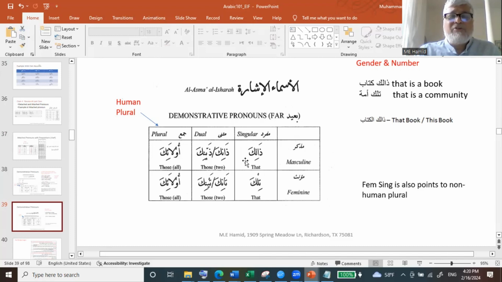So even to write a simple sentence, "that is a book," I must know the gender of the book before I can write it. So it's a little bit heavyweight for beginner Arabic to even write a simple sentence, because you need to know: is the book masculine or feminine? If you do not know, then you cannot write it. You'll be confused. What should I write, "zalika" or "tilka"? So as I said, these will come from experience, and we'll see how it goes.